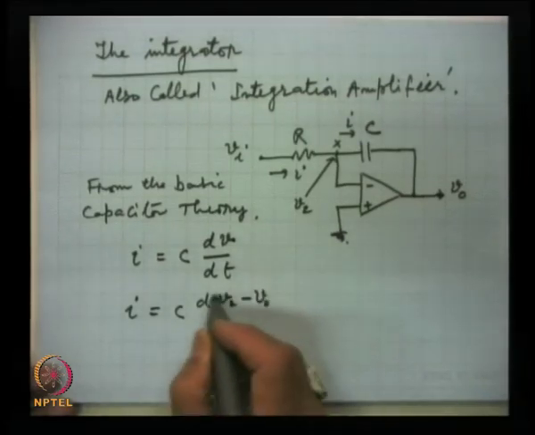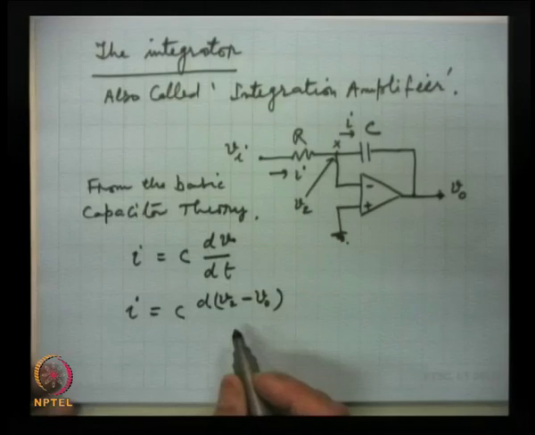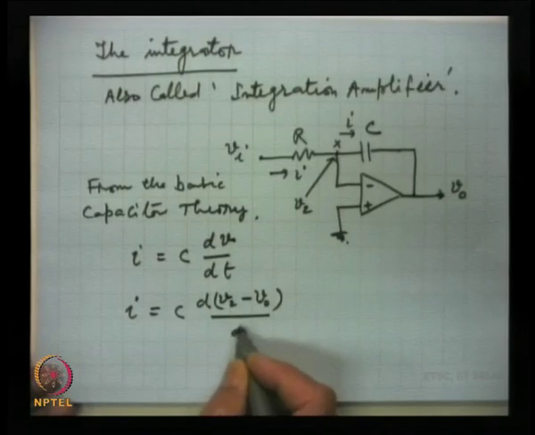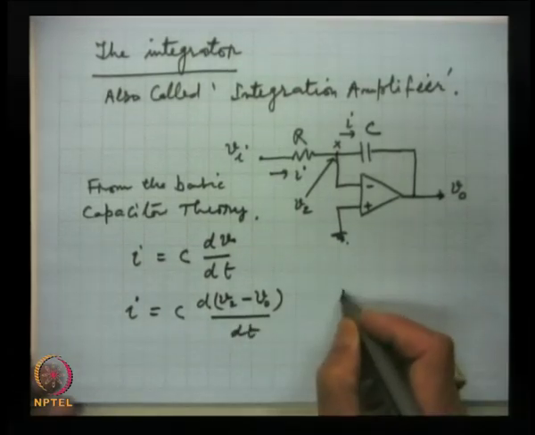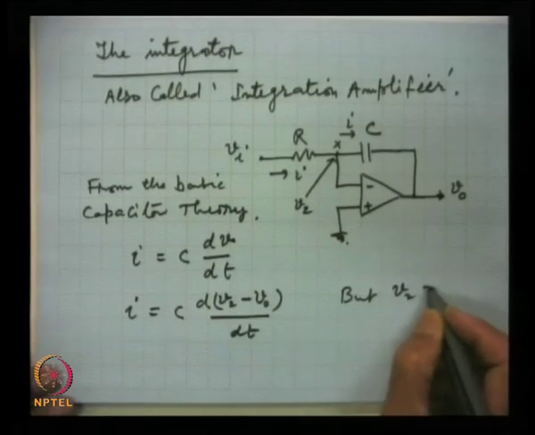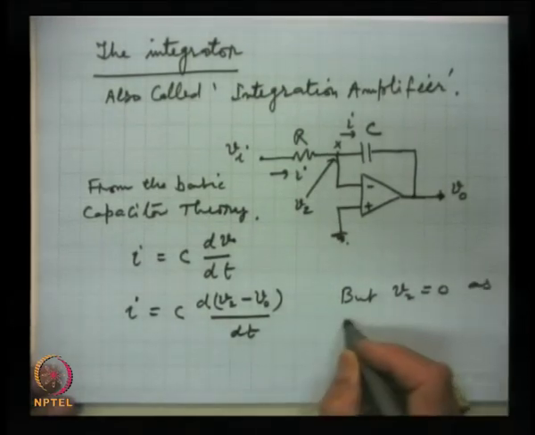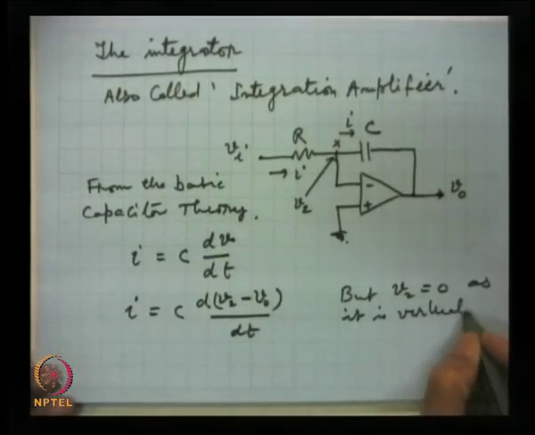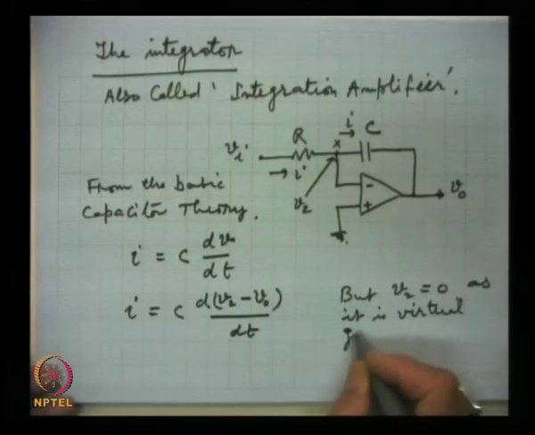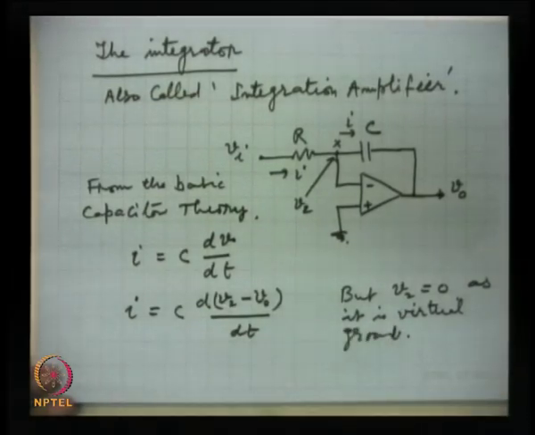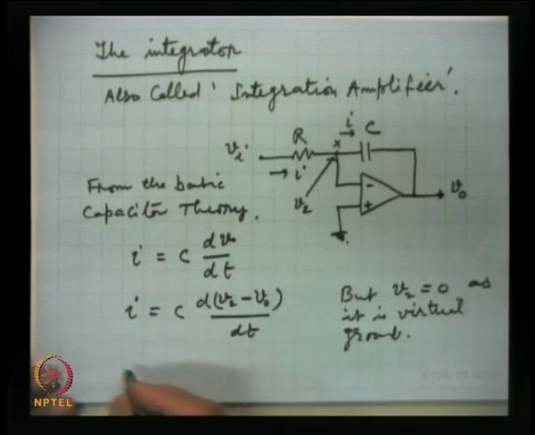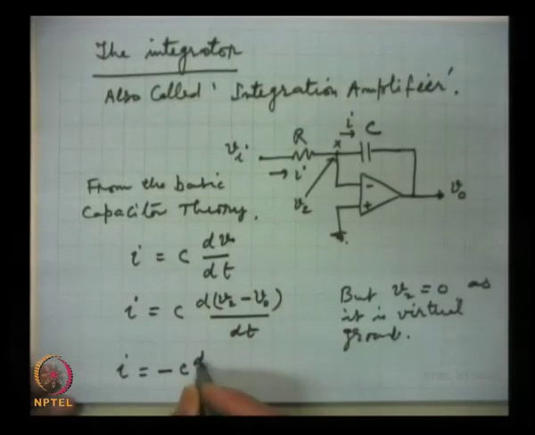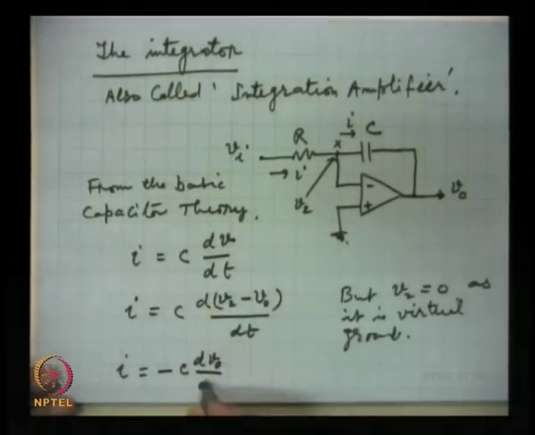One is at a voltage of V2 and the other end is at V0, and this is dt. But V2 is 0 as it is virtual ground. So I is equal to minus C dV0 by dt,